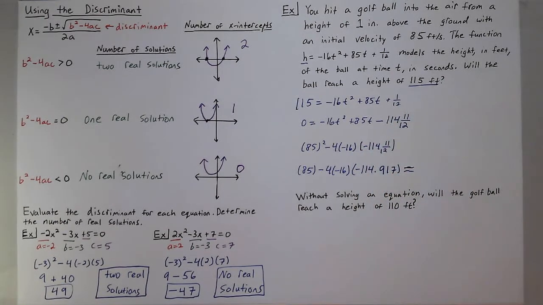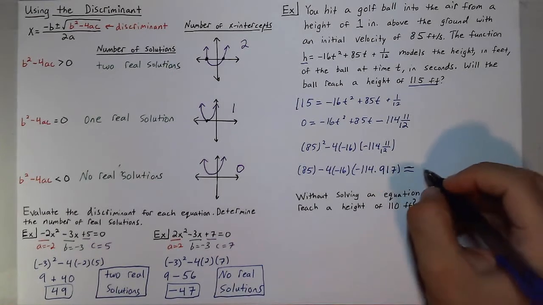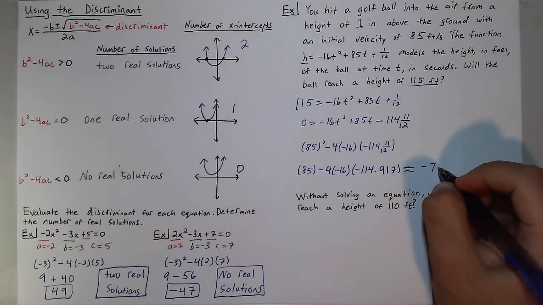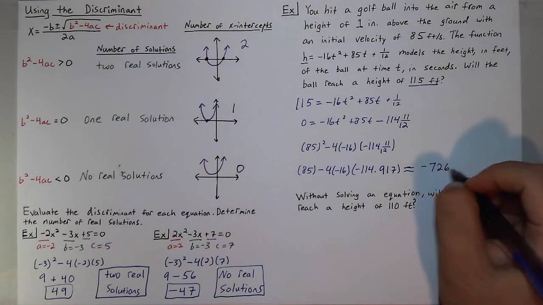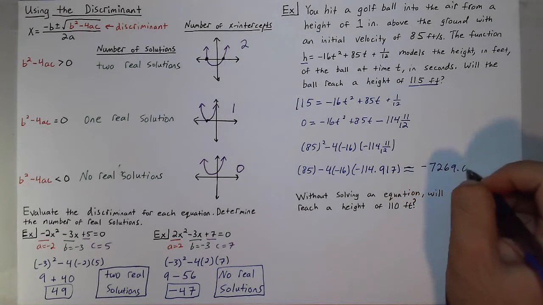And I plug this in, 85 minus 4 times negative 16 times negative 114.917. I get negative 7,269.688,